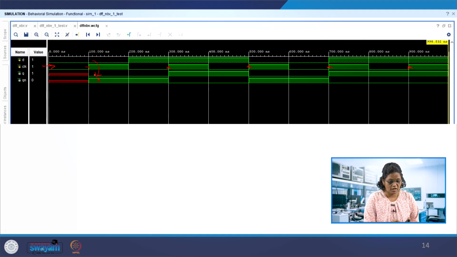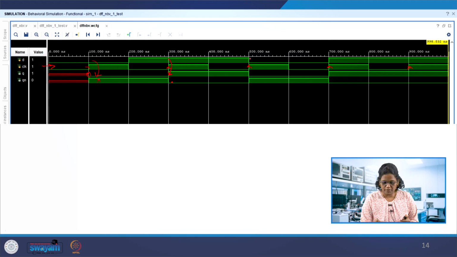Whenever there is a change in Q, the complement is assigned to Qn. That's our code in the second always block. So here at the passage of the clock, again this 1 is transferred here. If there is a change in Q, then the tilde of this is assigned over here. So that's Qn, that's fine.